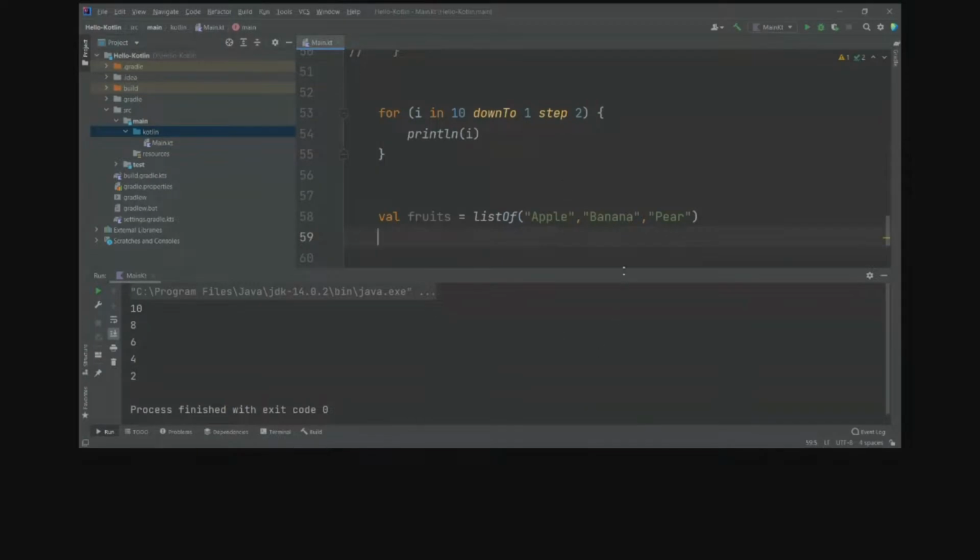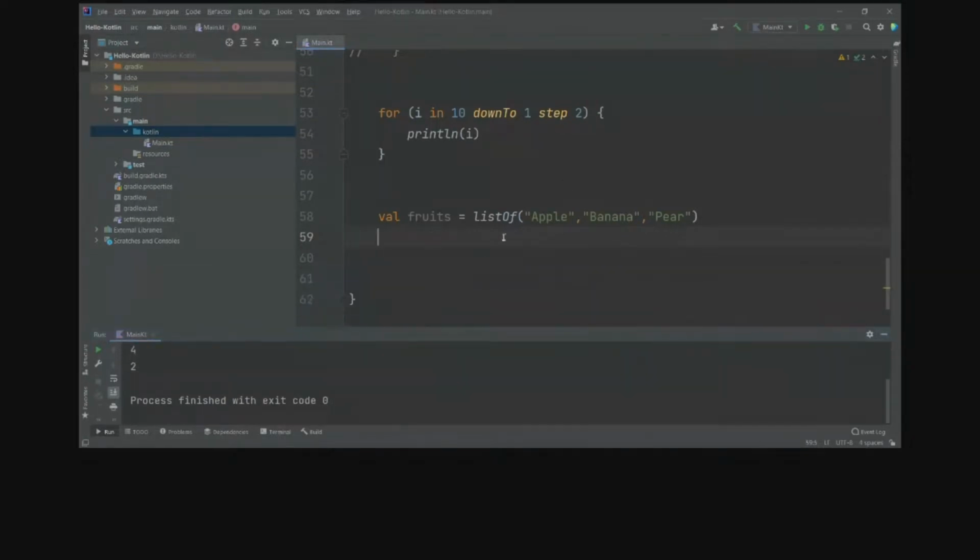I can iterate through this by using a for loop. What I'm going to do right now is very similar to what we do in Python. So we just say for fruit in fruits,